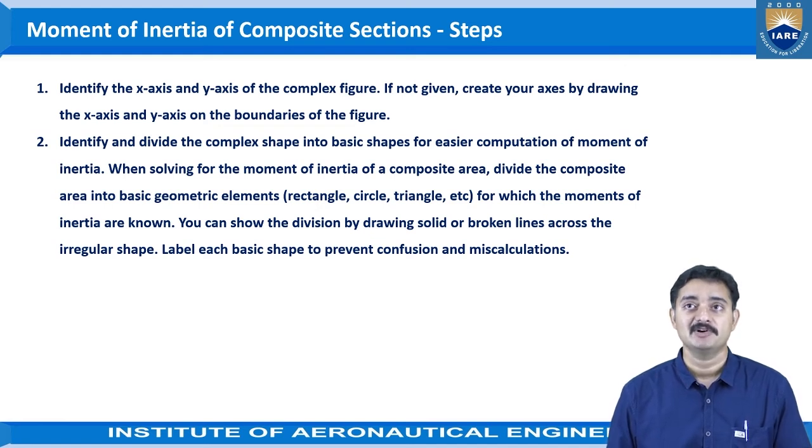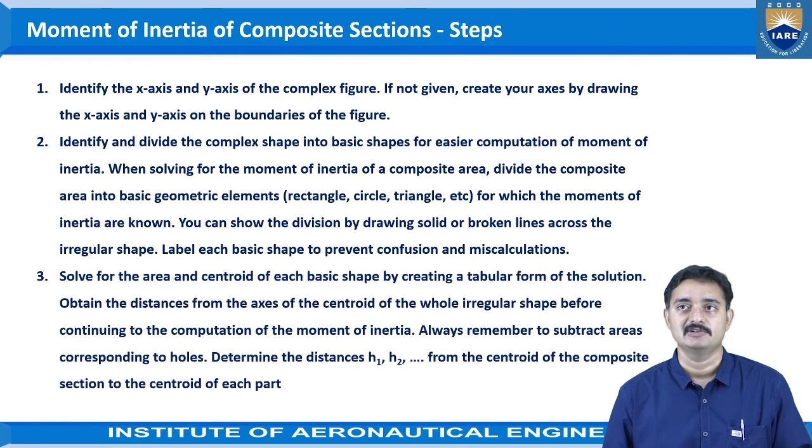When solving for the moment of inertia of a composite area, divide the composite area into basic geometric elements like rectangle, circle, triangle, etc., for which the moments of inertia are known. You can show the division by drawing solid or broken lines across the regular shape. Label each basic shape to prevent confusion and miscalculations. Now,